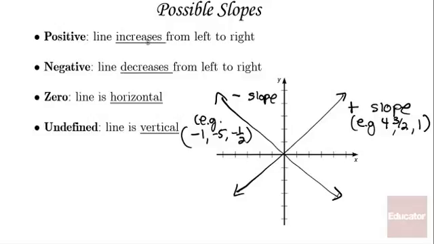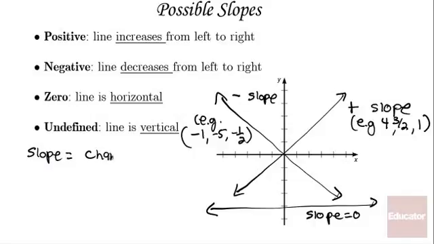So we talked about a positive slope, and we talked about a negative slope. There are two other possibilities. One is that a line could be horizontal. In this case, the slope is 0. And that actually makes sense because slope is